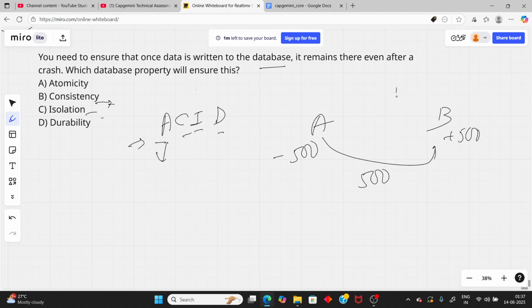Isolation means A and B can send money separately, concurrently. And durability means ensuring that once a transaction is committed, once the transaction is done, even if the system fails,